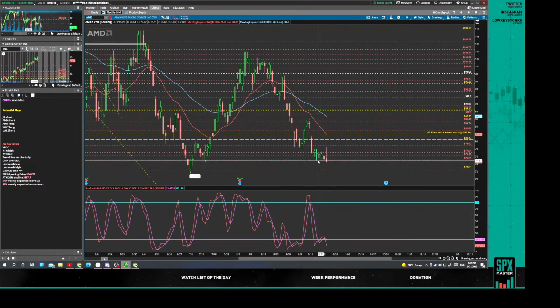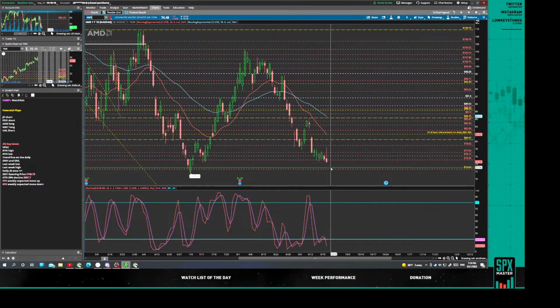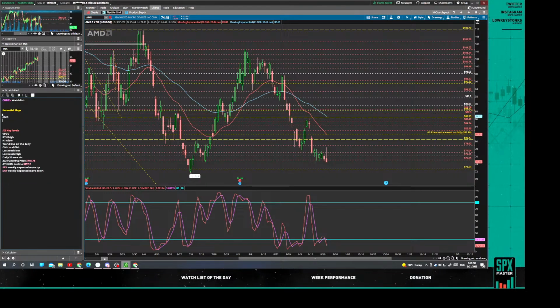better setup. If you notice, it closed below all the support trend lines, so I could see AMD trading below it. This is actually going into my watch list for tomorrow. That looks like a very good setup for an AMD short tomorrow, right? I know this is not a FANG stock, but very nice setup for the short side. It's just the way everything looks right now. It might be the best idea to look for weakness instead of stuff that is